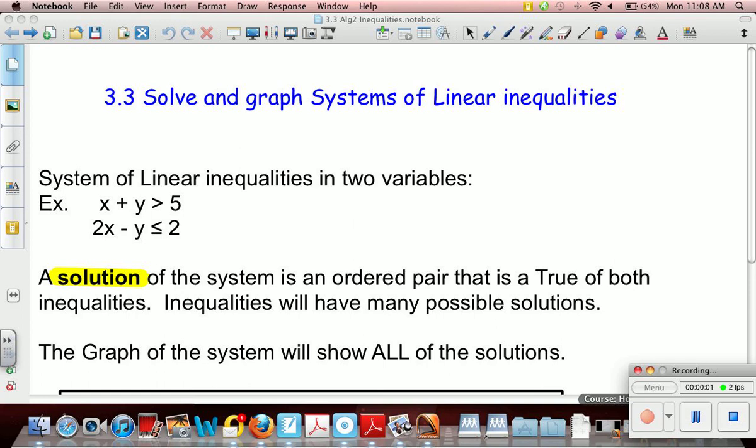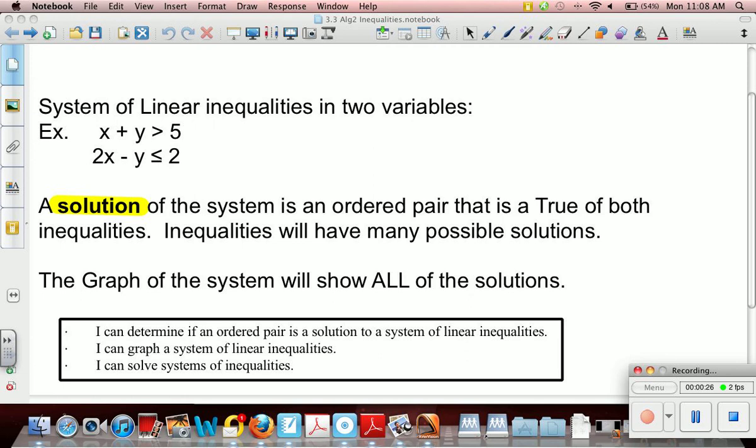So in 3.3, you're going to be solving and graphing systems of linear inequalities. Now remember, inequalities have an inequality symbol, like a greater than or a less than or equal to symbol. And you have two inequalities, and you're finding out the possible solutions. The only way to find this is by graphing, because there are going to be infinitely many solutions to these systems. So a solution of a system is an ordered pair